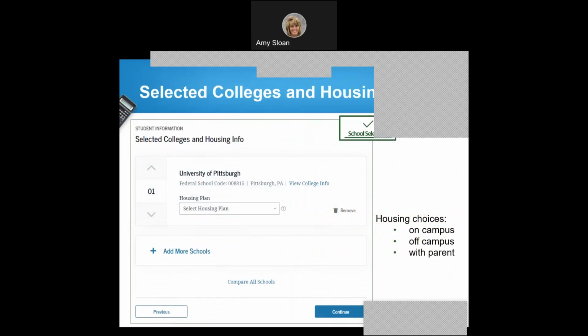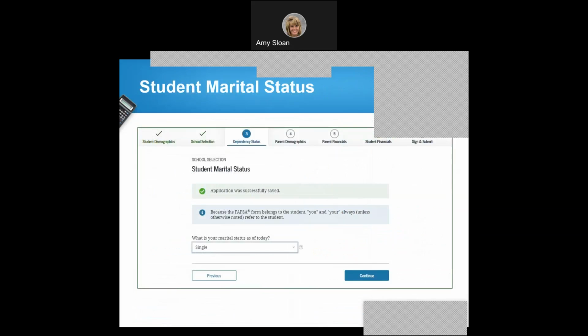And then they're going to get to the housing status. So every college that you tell us you're interested in, we're going to ask you to select your housing plan. So it's either going to be on campus, which is living in the dorms, off campus, which is an apartment maybe that you're paying for separately. And most freshmen that go away to school have to live on campus the first year. And then if they're going to commute, that would be with a parent. And again, you can add as many schools as you like, up to 10,